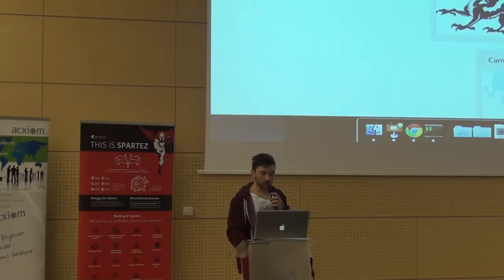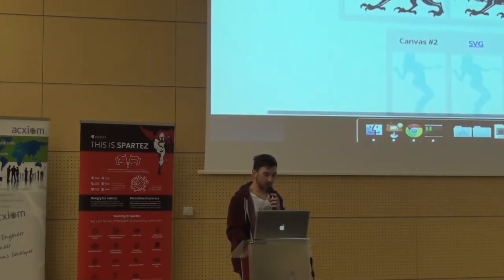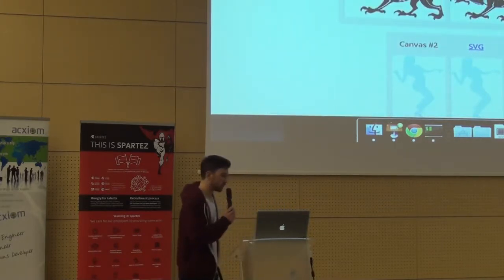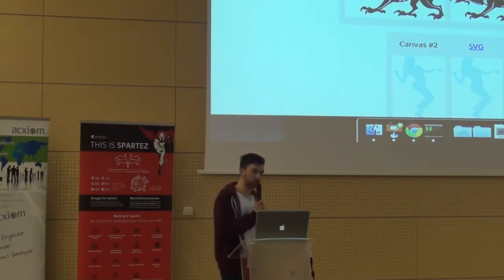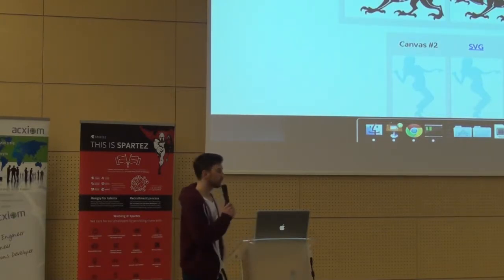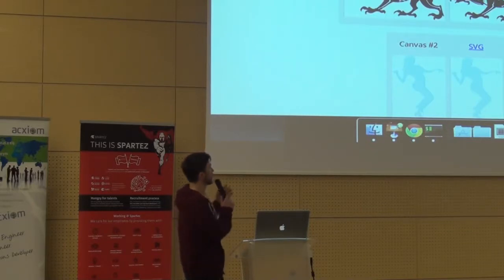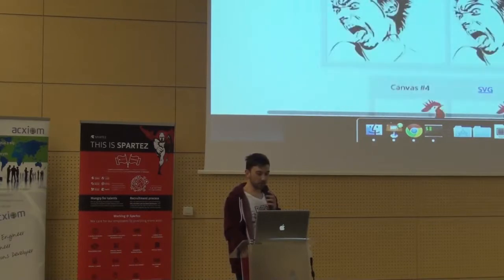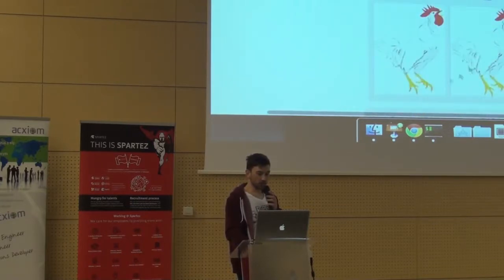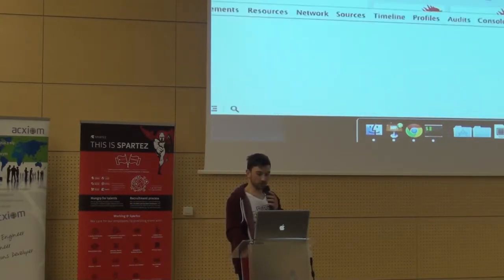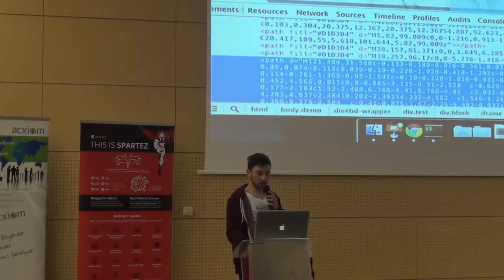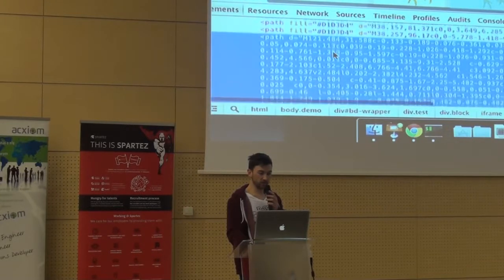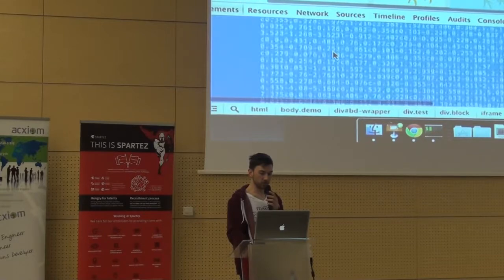So another thing that we have is SVG parsing. And this is really something that also not many other libraries have, and something that I wanted to have from the start: the ability to take any SVG shape and render it on canvas. And we kind of did that. And you can see this test where on the right we have SVG. We can actually inspect it. Let's inspect this hen. Right, so you can see that these are different path objects that have these huge data strings